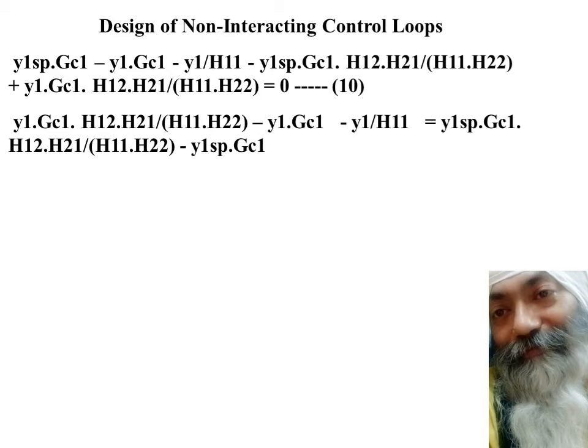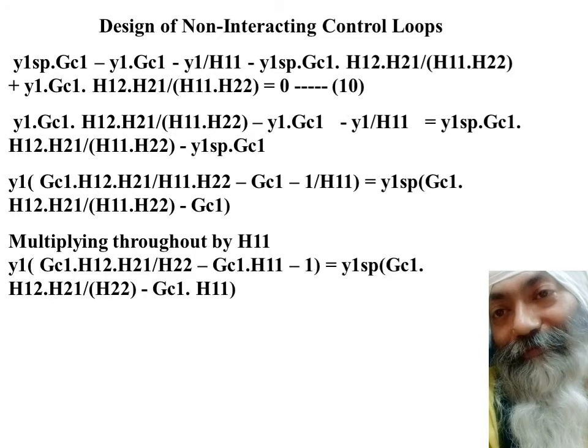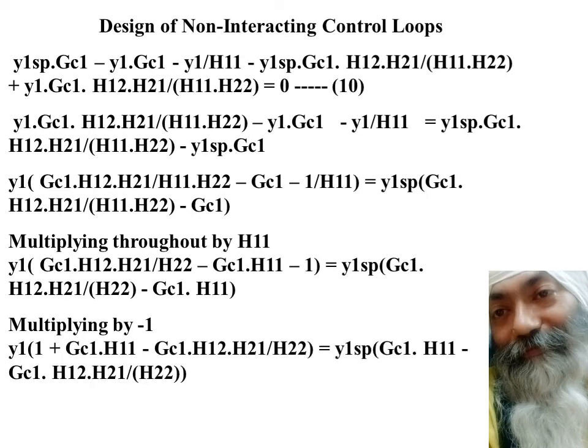I have rearranged the terms. I have put all y1 terms on one side. I have put all y1 sp terms on the other side. I have taken y1 common on one side, and y1 sp common on the other side of the equal to sign. Then I multiply throughout by h11, because I can see a lot of h11 in the denominator over here. So I do this manipulation. I see there are some negative signs, so I multiply everything by -1, and finally what I get is this